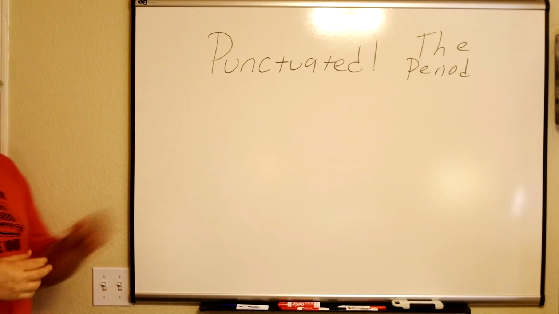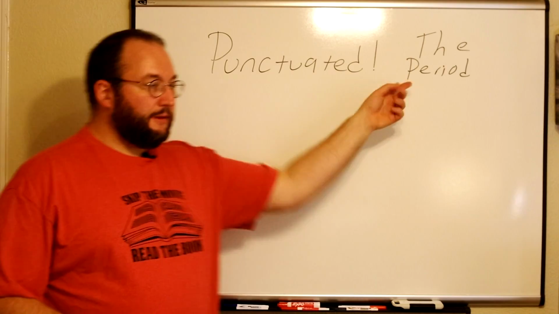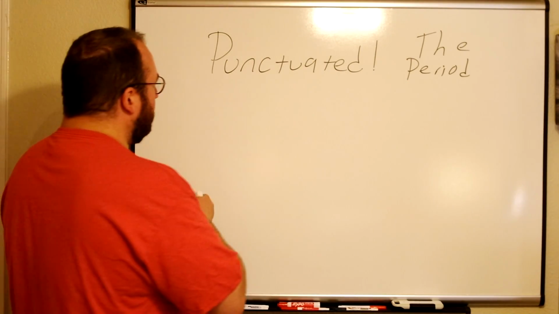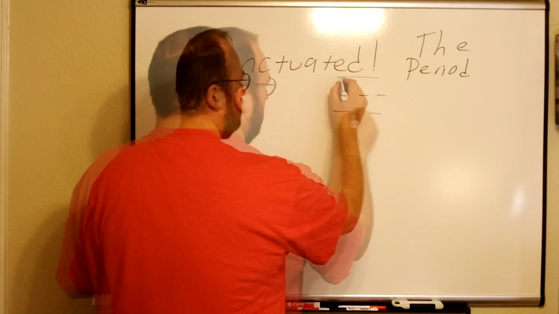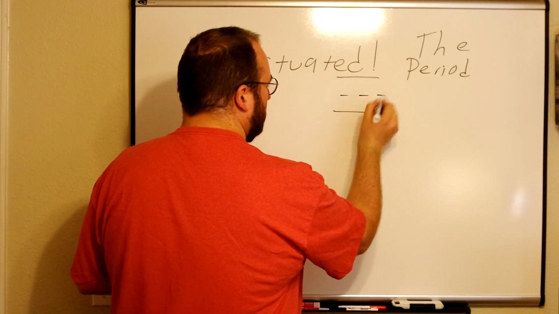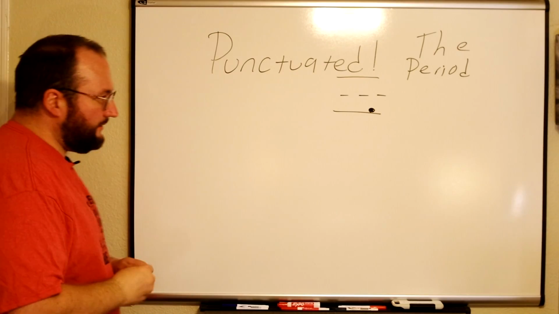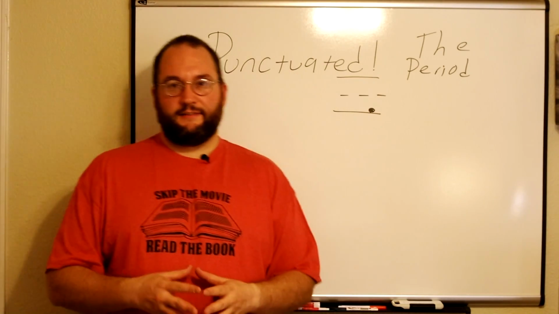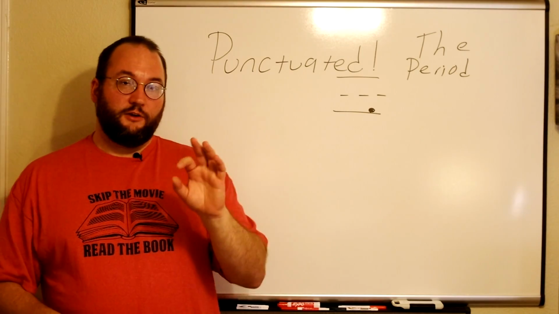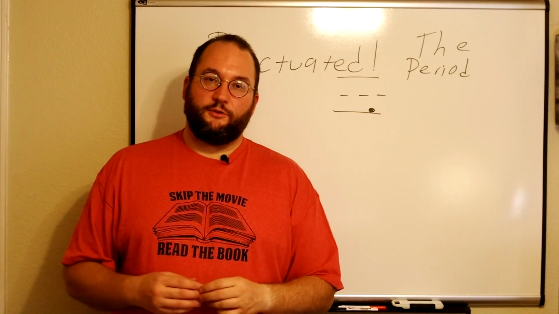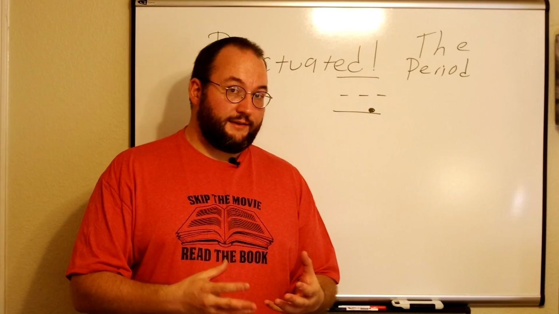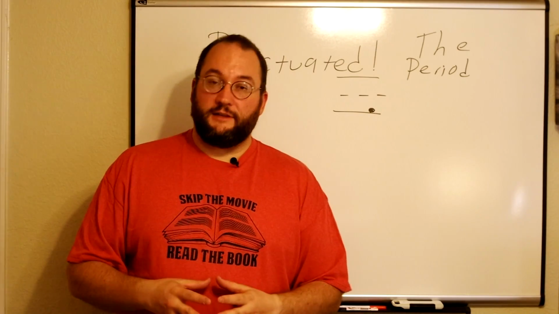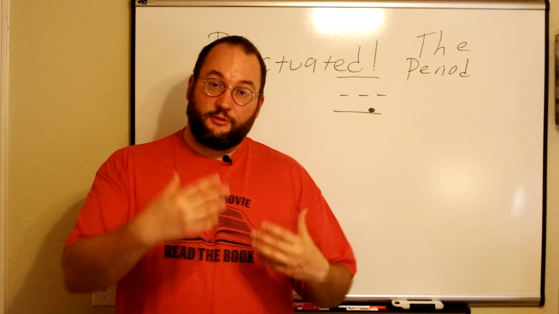In this episode of Punctuated, we're going to be talking about the period, or full stop as it's known in British English. The period is a single dot placed at the bottom of the line of text. The period is used to indicate when a complete sentence has ended. This is different from saying that the period is used to indicate when a complete thought ends. In the most basic sense, though, a sentence is a complete thought, and the period indicates to the reader that